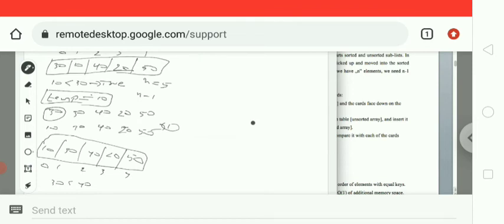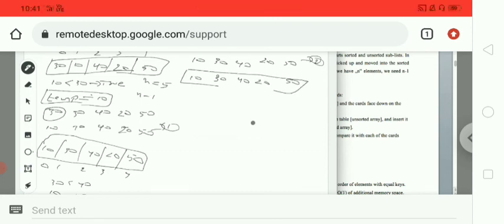After that, 10 is less than 40, so here also the condition is satisfied. So there is no need of moving and copying the elements. The final result is 10, 30, 40, 20 and 50. Here the second iteration is completed. Now we have to do the third iteration with 40, 20 and 50, and start comparison. The second index value is completed, now we do it for the third.